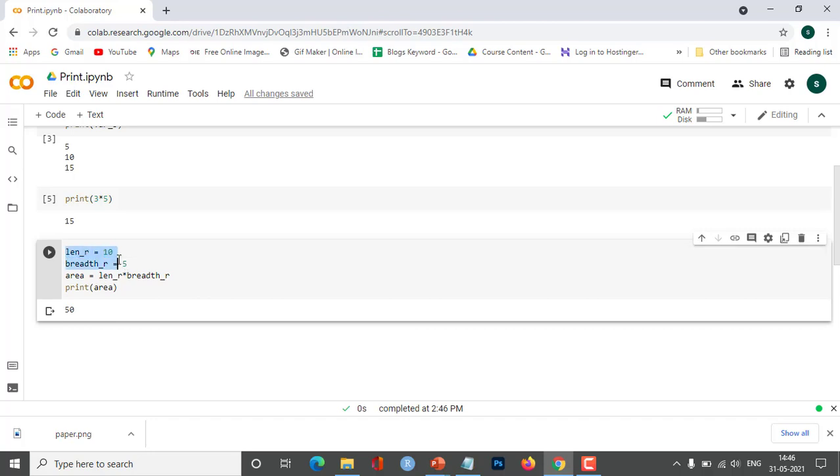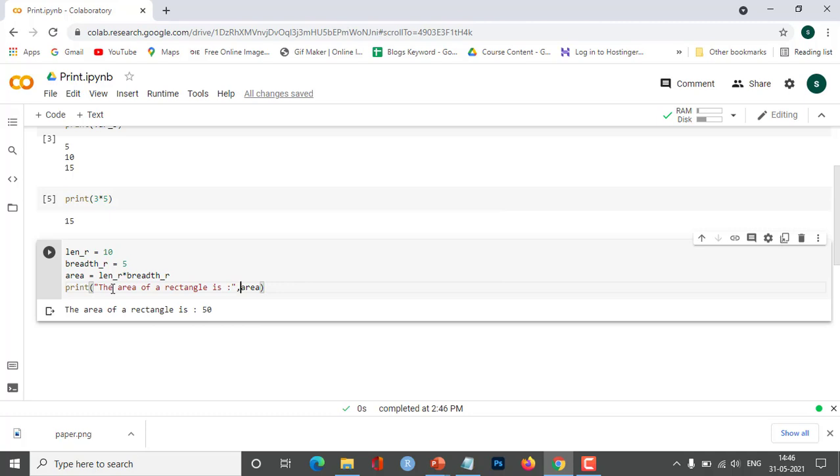So we have declared these two variables. We have written an expression as area equal to length times breadth, and in the print statement we have given this area, which is calculating the area of the rectangle, and then we get the output. Now further with this, we can also add a statement that the area of a rectangle is this.